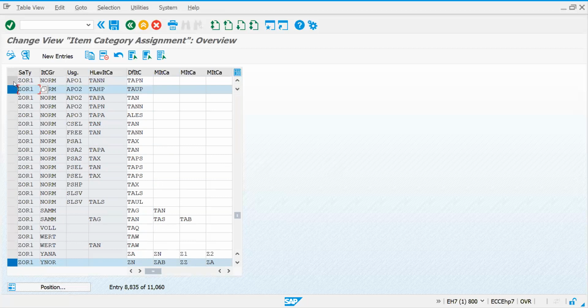So basically I copied my document type, right? Along with that, through copy controls, all these entries will be copied.